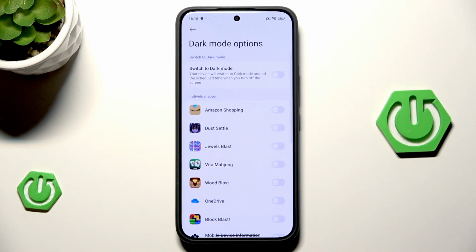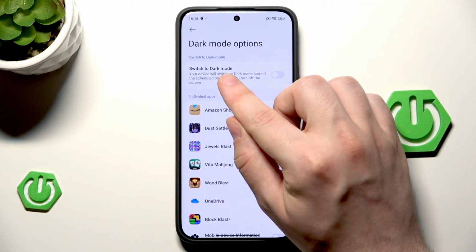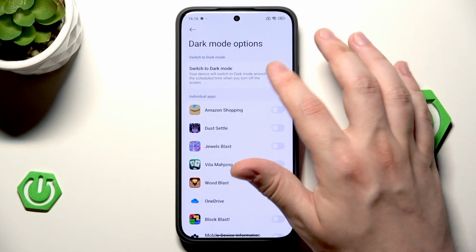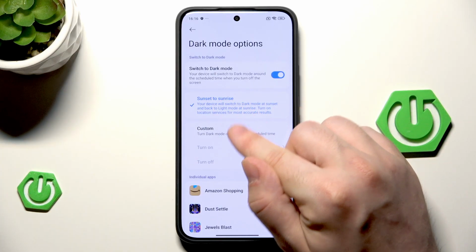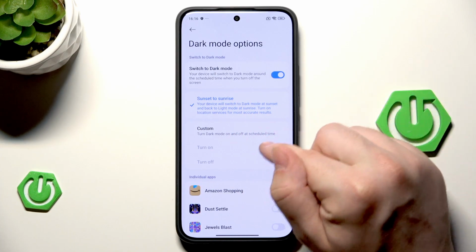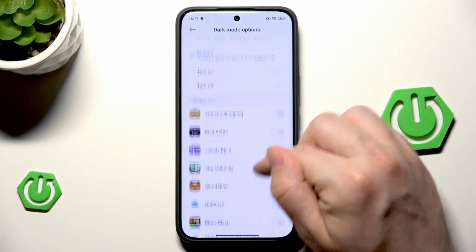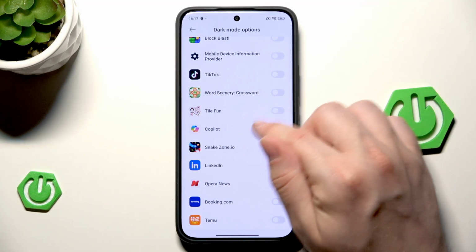You can also enable the dark mode options. For example, in here we have this toggle. Your device will switch to dark mode around the scheduled time when you turn off the screen. And in here you can select sunset to sunrise, or for example you can set the custom hours, or you can enable the dark mode for individual apps. So for example,